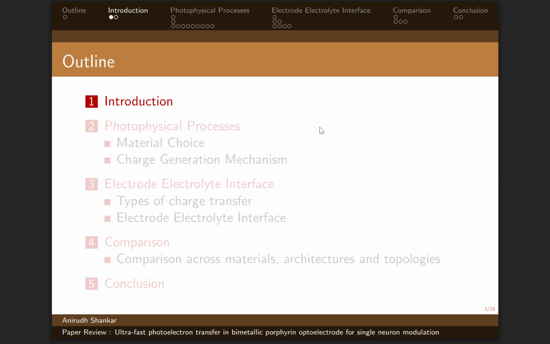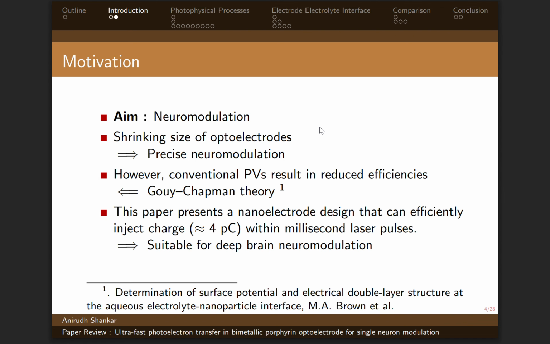Now, moving forward, the motivation for this article is the need of precise neuromodulation. So, neuromodulation is a procedure that uses electrical or chemical stimulation to change the activity of the nervous system. And as we are shrinking the size of optoelectrodes, we can ensure that precise neuromodulation of a single neuron can be achieved. However, conventional photovoltaics, which have been used for neuromodulation till recently, result in reduced efficiency as a consequence